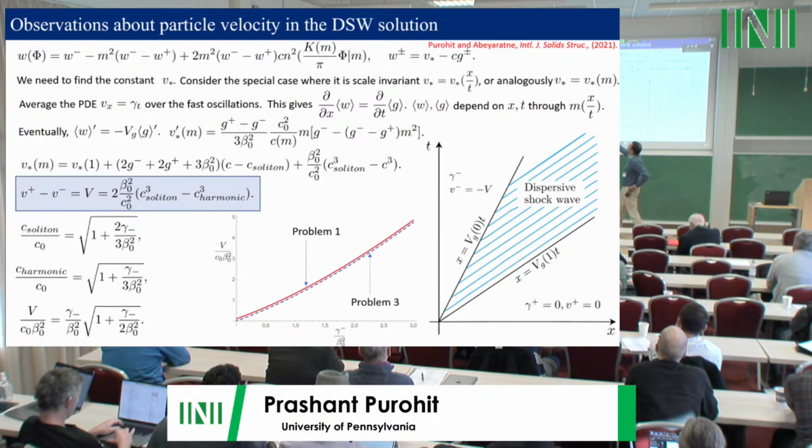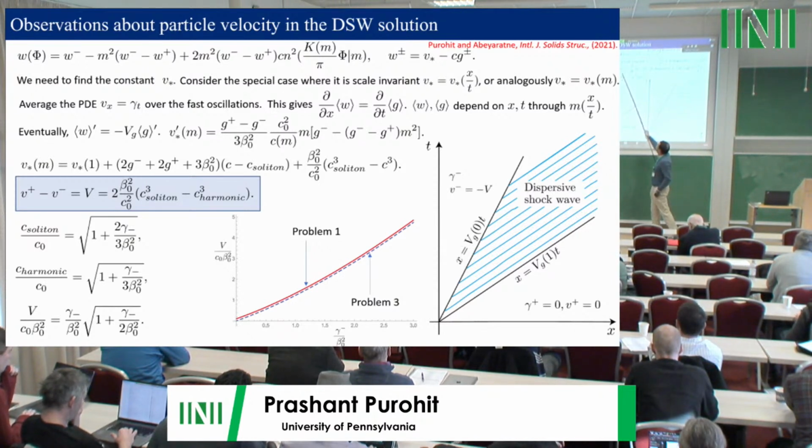We can write down what the velocity ahead and behind the dispersive shock wave is, and some constants need to be found. There's a little bit of analysis to do here for the particle velocity, and that can be carried out by averaging the kinematic equation other than the momentum equation. And once you go through all of that, you obtain a jump condition that looks like the Hugoniot type jump condition that we were talking about earlier in problem 1.